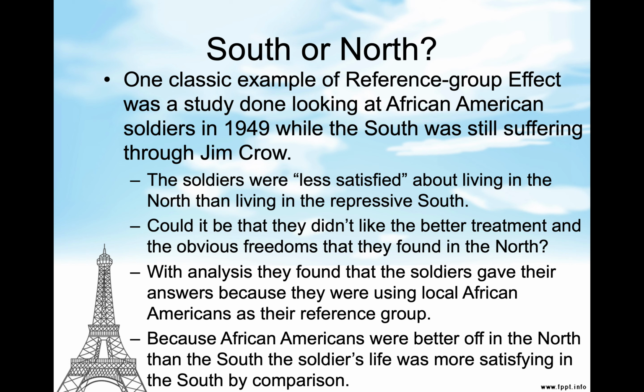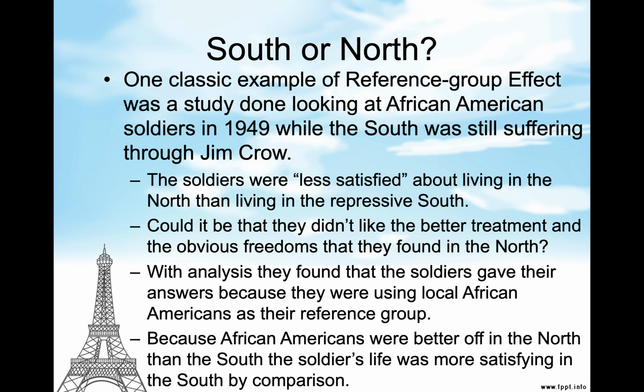And if you know anything about the history of the Jim Crow era, African Americans were limited as to where they could go. They couldn't drink out of water fountains. They had to only drink out of colored water fountains. They had to sit up in the balcony at a theater. They couldn't even wait in the same waiting room if they were at the bus station or train station. And that was Jim Crow South.